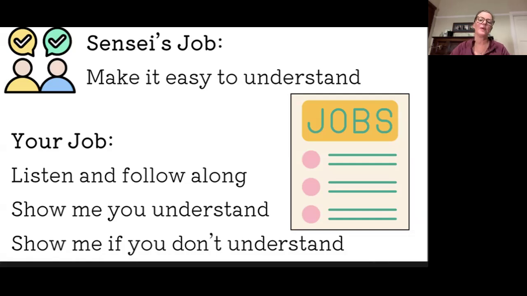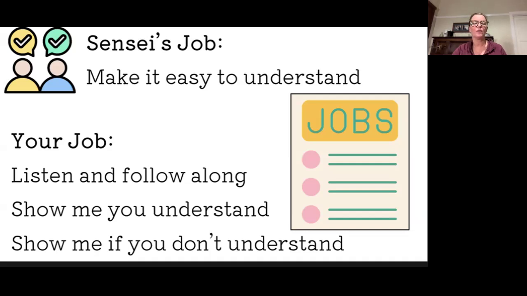So Sensei's job is to make it easy for them to understand, and I'll explain that the way that I do that is by gestures, by pointing to a word. It might be just saying the word in English and then quickly moving on, but making sure that everybody understands